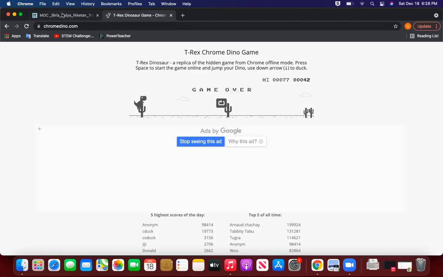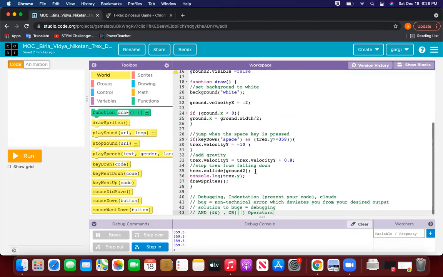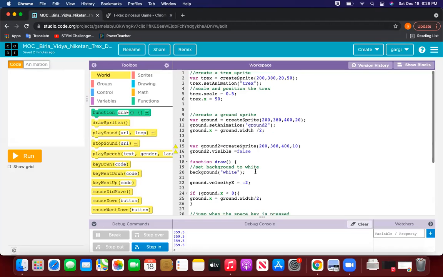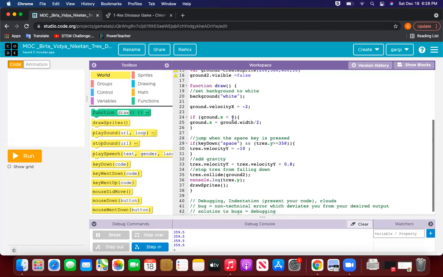Okay. Let's go back. Now, when you created your T-Rex, what all you required was a sprite only. You give an animation, you give a scale, and the velocity controlled inside the function draw.